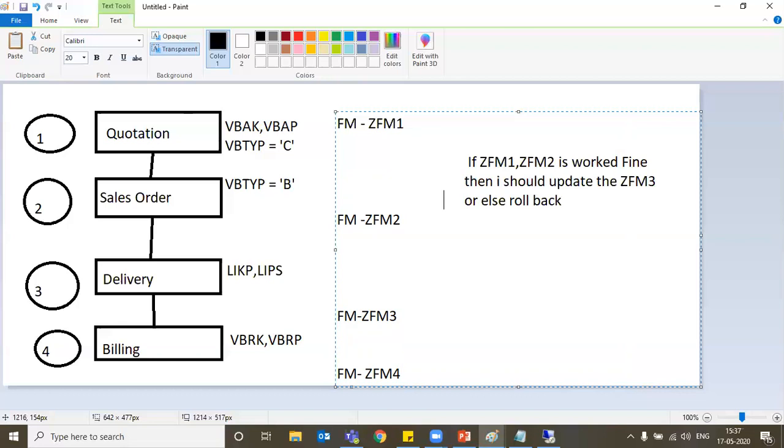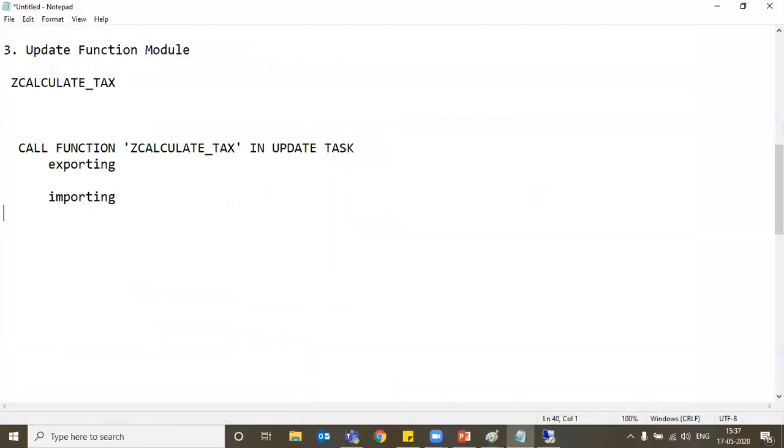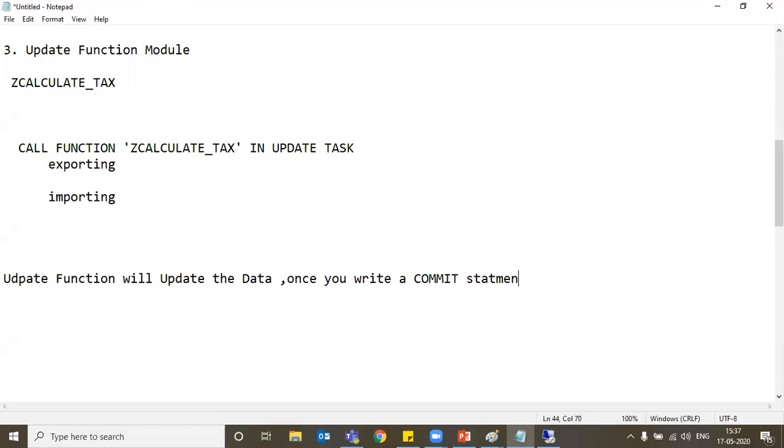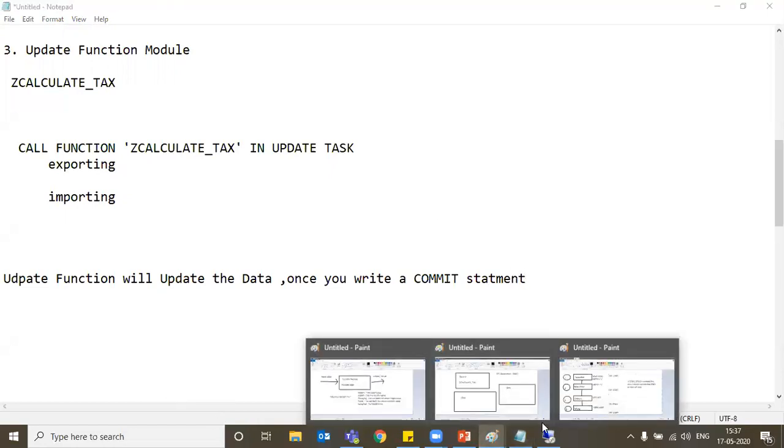Always remember that an update function module will update the data once you write a commit statement at last.